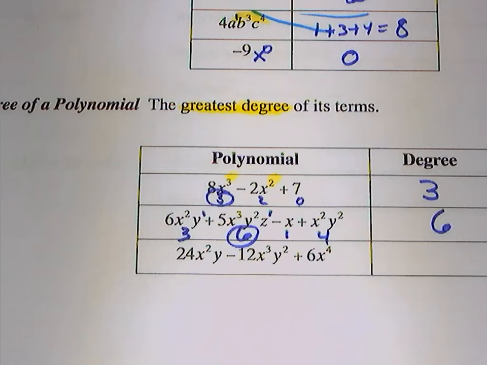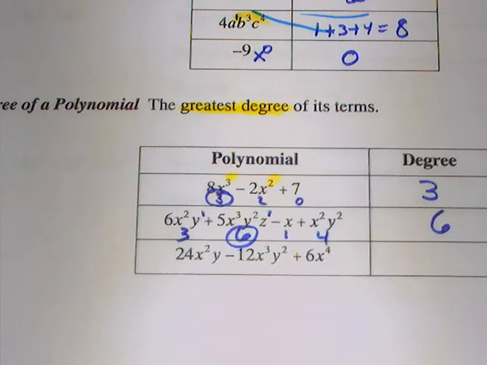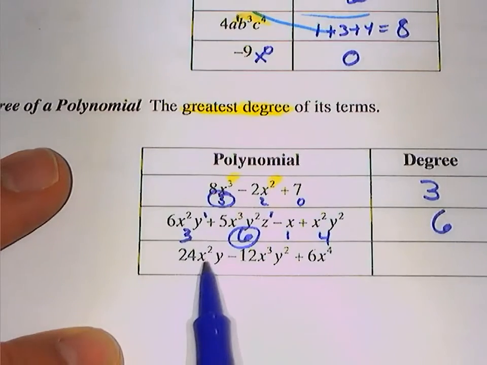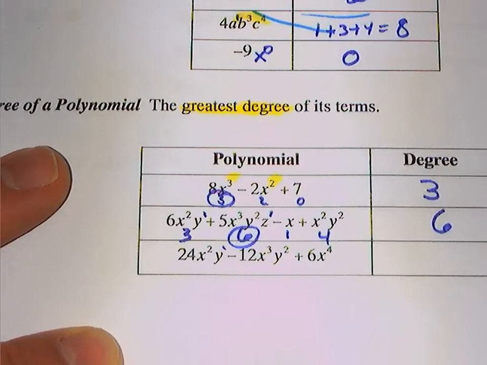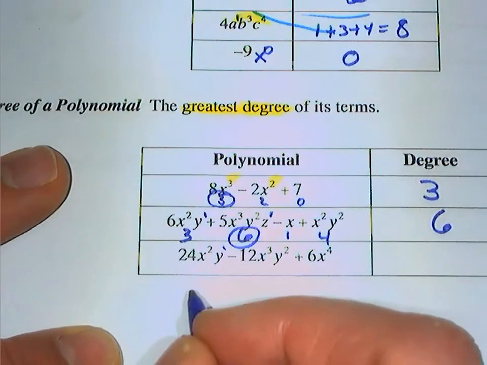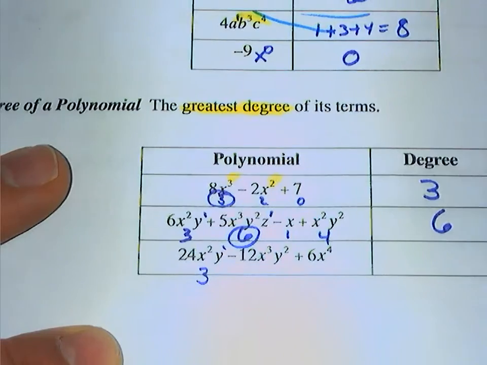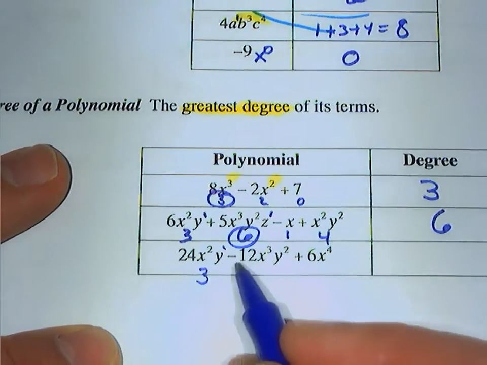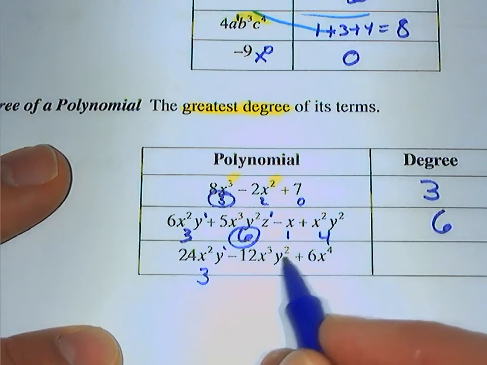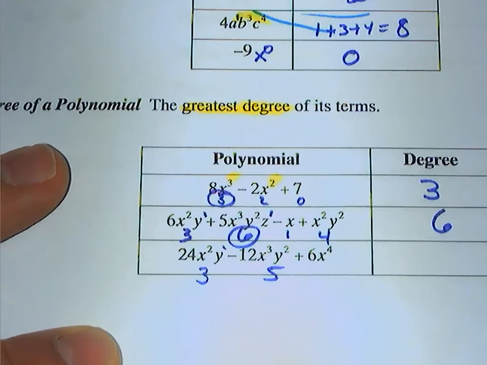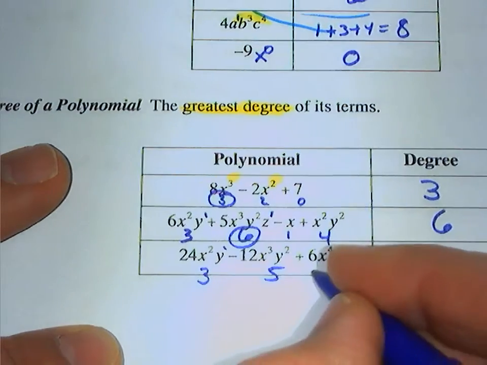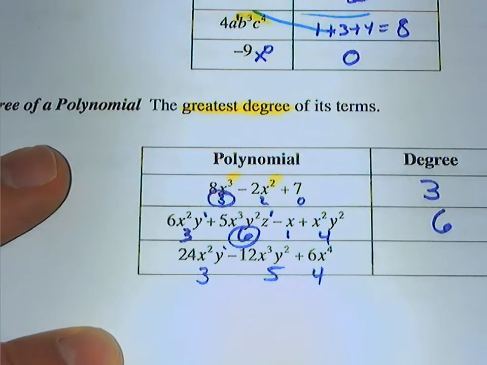All right. So we take a look at the last one. I've got 24x squared y, put a little 1 there. Rylan, what's the degree of this guy? 3. Yep. x squared and y to the first, that adds up to 3. I take a look at the next one. I got negative 12x cubed y squared. Just look at the x and y, Griff. 5. There you go. And then I have 6x to the fourth. Ryan, what do you get there, bud? 4. There you go. But I want the biggest guy, and we know the biggest guy is